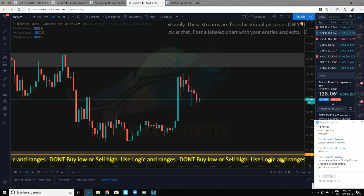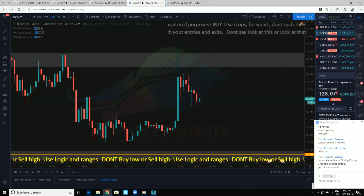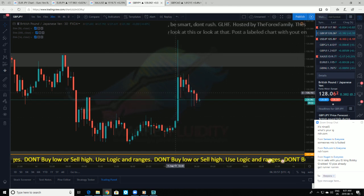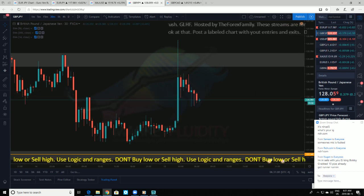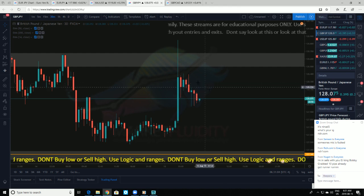I see GJ here closed bearish. So this is a very nice way for it to continue down and correct this move up it had earlier. A 30-minute close with the